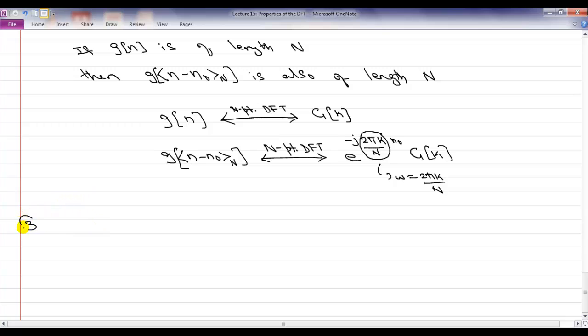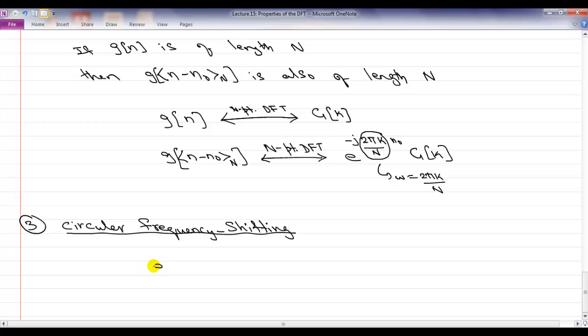The third property is then very similar. If we understand what is the meaning of circular shift, then that is circular frequency shifting. Again, it's analogous to the DTFT world. We know that if we multiply a time domain signal with a complex sinusoid, then at least in the DTFT world, your DTFT gets shifted to the location of that sinusoid. You have this shifting of the frequencies. In the world of